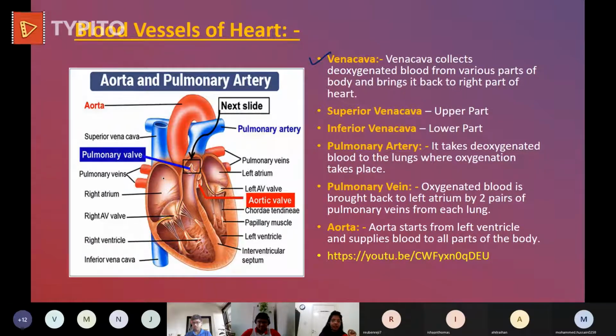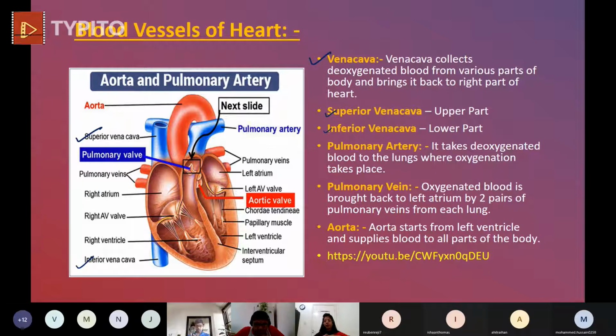Okay, now let us see the picture where it is. This is the superior vena cava and this is the inferior vena cava, which are the two parts of vena cava. By superior vena cava, don't think it is superior. Superior vena cava is just a name; it collects carbon dioxide rich blood, called deoxygenated blood, from the upper part of the body. Upper part means like your head, your hand, and a little part of the chest, neck. From there, carbon dioxide rich blood will be collected from all veins by the superior vena cava.